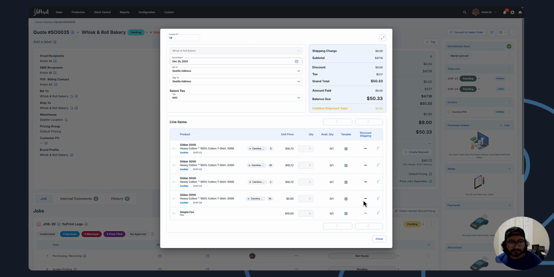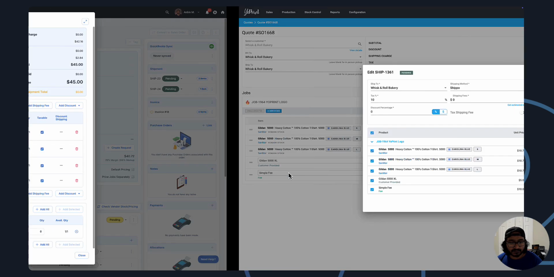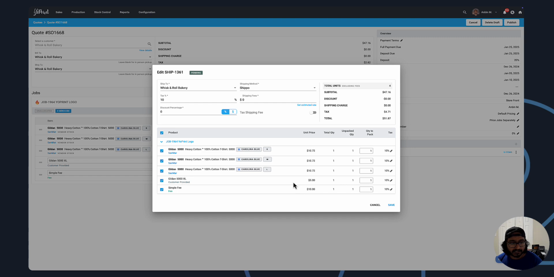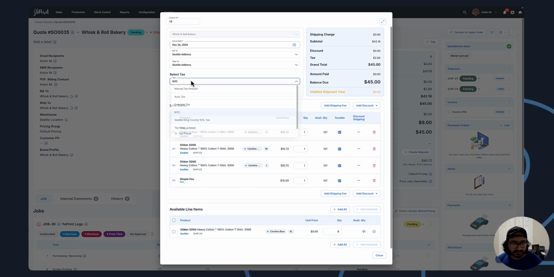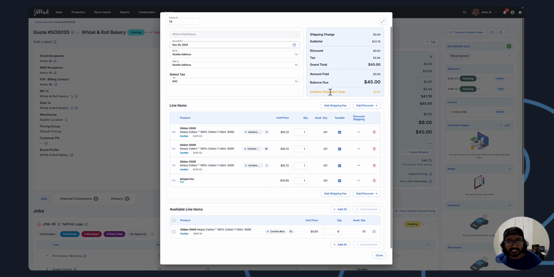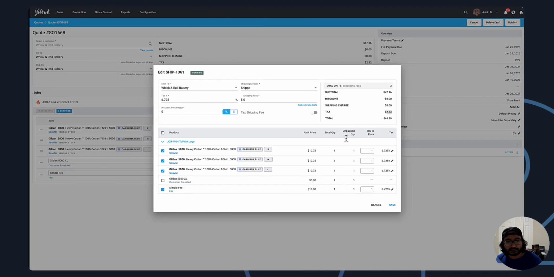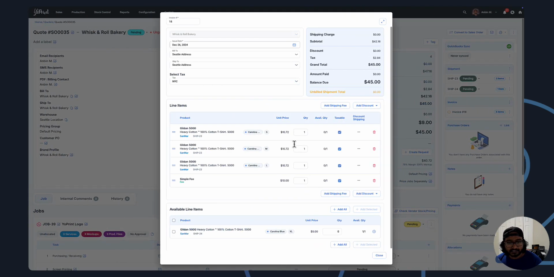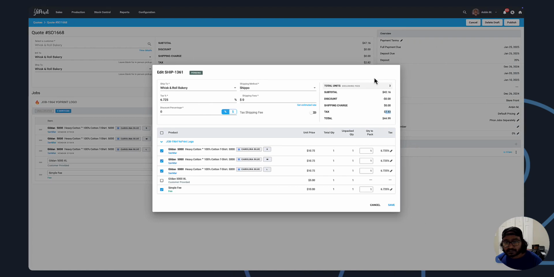We're gonna keep this the same, right? We're gonna do the same here. We're gonna remove that, and then I'm gonna double check what it was calculated at. 6.725, so we're gonna say 6.725 here, and the calculated tax is $2.83. But the calculated tax here is $2.84. It's $10.72, $10.72. And the reason for that is that in V1, we allowed you to specify taxes on